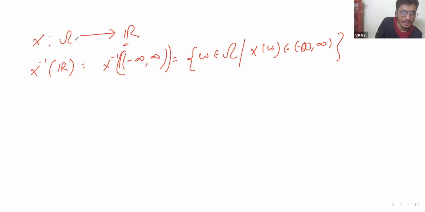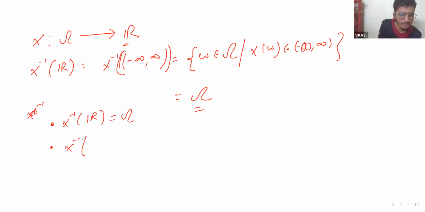Then what are the images? What are the elements that are mapping on this whole R? That is completely, you can see, this is whole R. Similarly, you can see the inverse image of phi. This is phi of R. That is mapping, that inverse image is phi. That is phi of omega. So the empty set always maps to the empty set. That's just the observation from the function point of view, and quite reasonable.